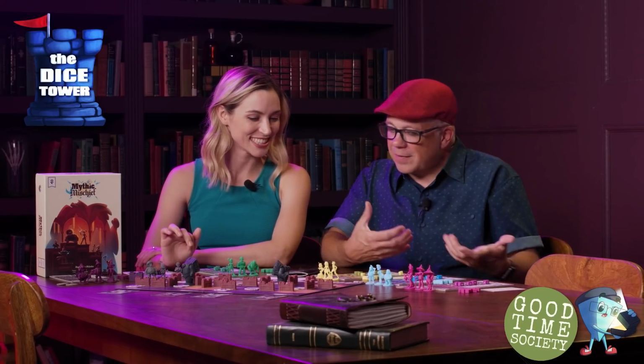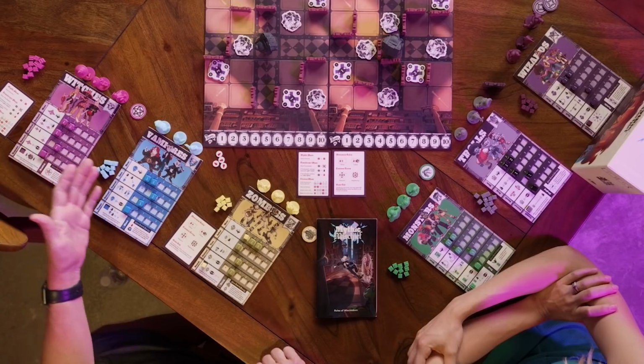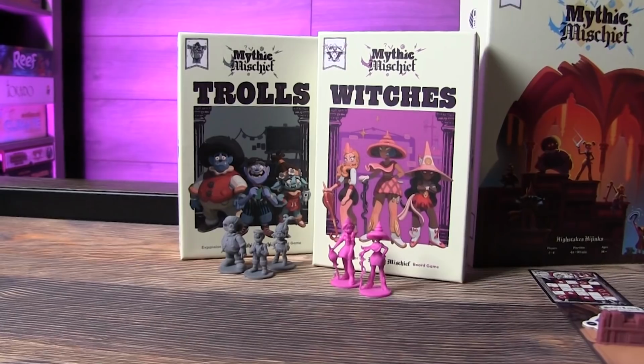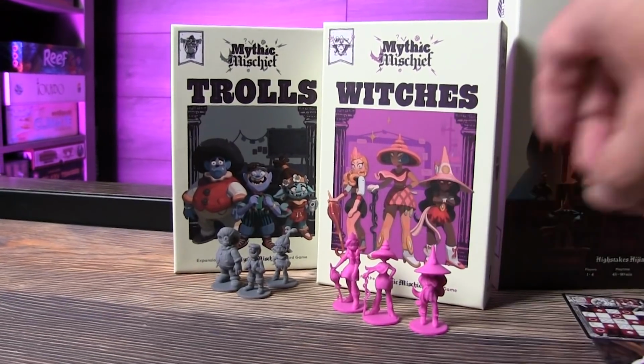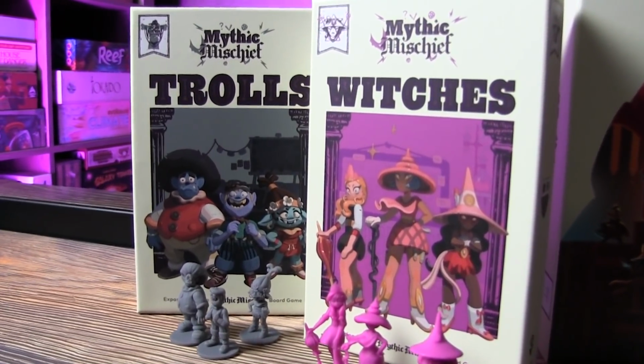But the basics here is that you have your faction, right? And there's so many different types. You've got the witches, the vampires, zombies, monsters, trolls, and wizards. Trolls and witches are expansions. Yes, they are. And there's all kinds of possibilities with how you combine these in teams with the other players